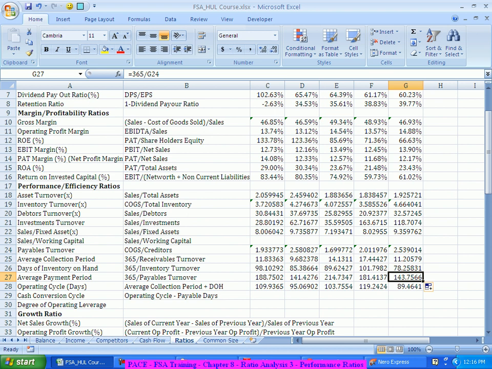But the moment the raw material has come into your store, you are taking around 78 days to make it ready for sale,